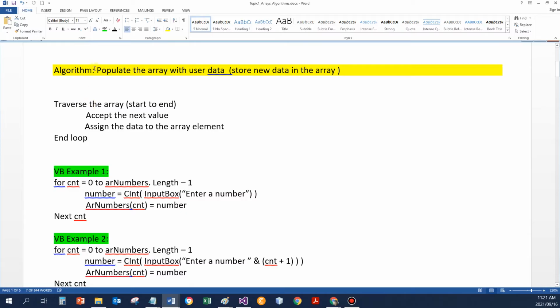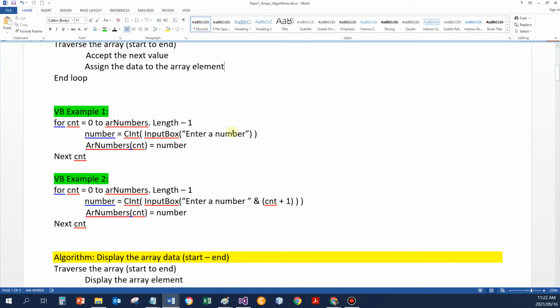Next algorithm says populate an array with user data. Populate means to add new data to an array. And here we're going to assume the user is going to give us the data. So I want to store new data in the array. The algorithm would be to traverse the array again, accept the next value in the loop, and assign that next value to the specific array element. So if I've got a counter-controlled loop,